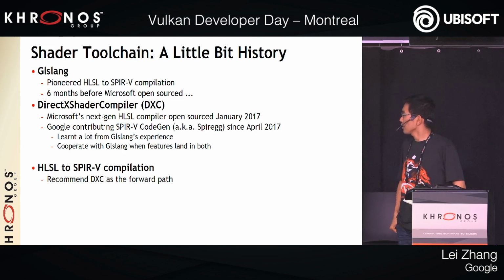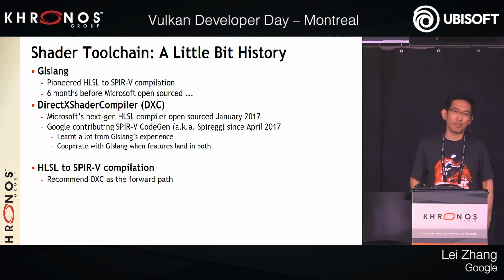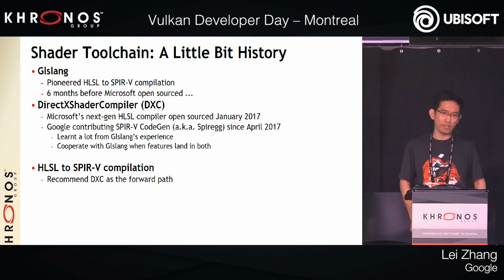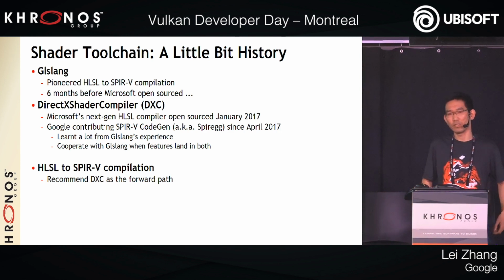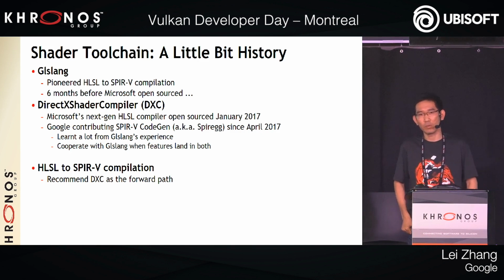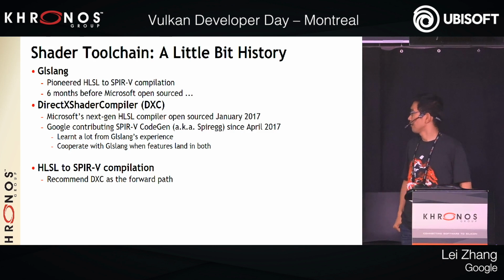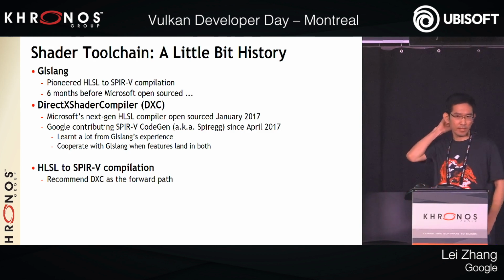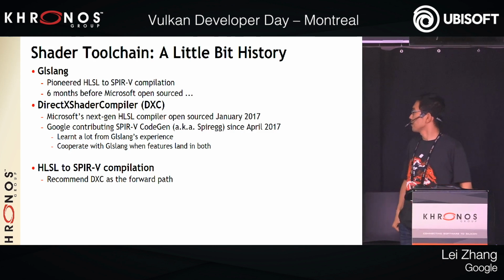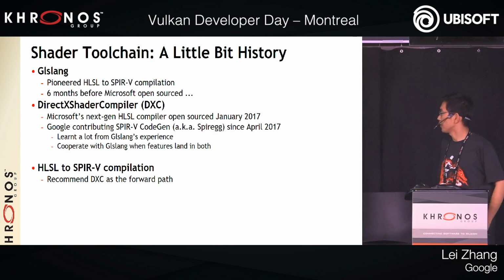And we thought it was a great opportunity for us to share the front-end parsing and HLSL verification and evolve in sync with the language, since HLSL is known as a language without a spec, where the compiler defines what is acceptable HLSL. So we started contributing a SPIR-V code gen,